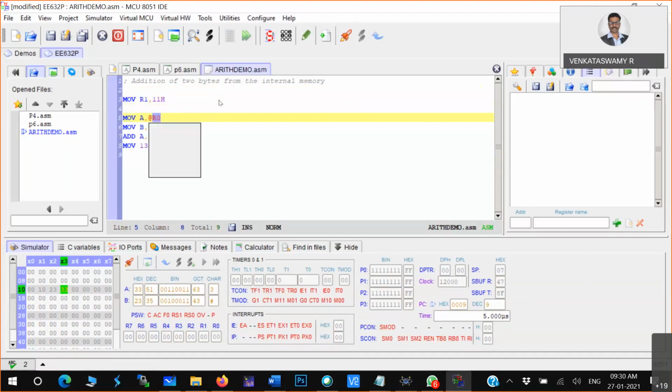Now you just have to guess what I am trying to do here. So I am trying to initialize some address in some other symbol. Okay, so from there I want to use a pointer. So here R1 I am using as a pointer, like external memory access.